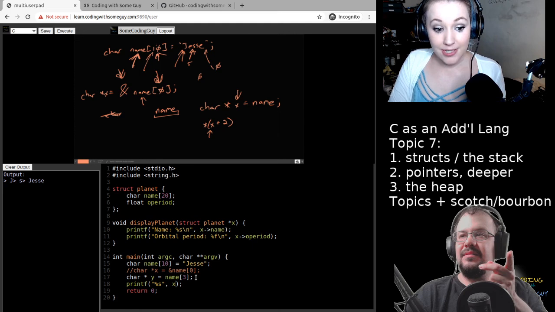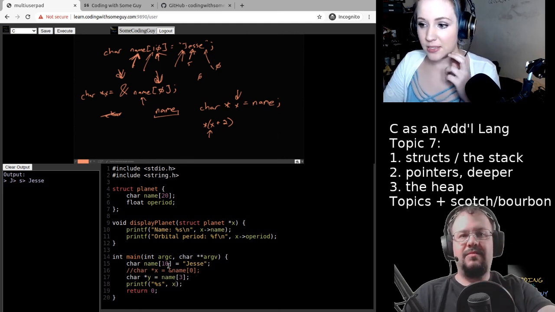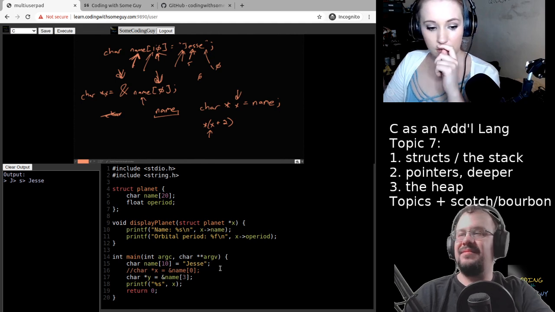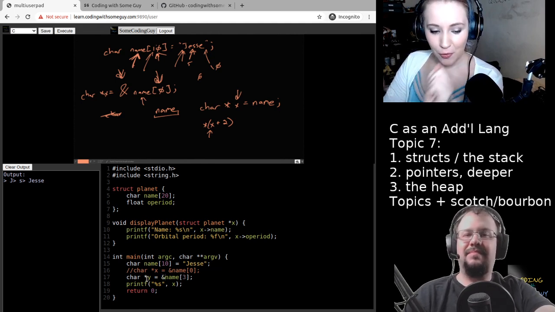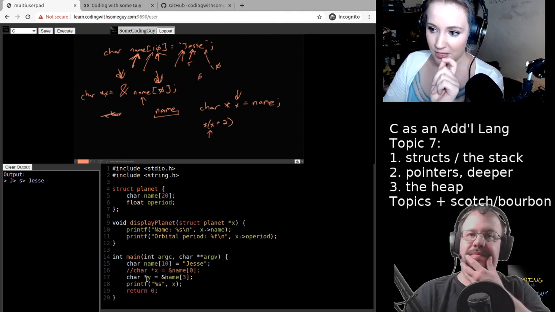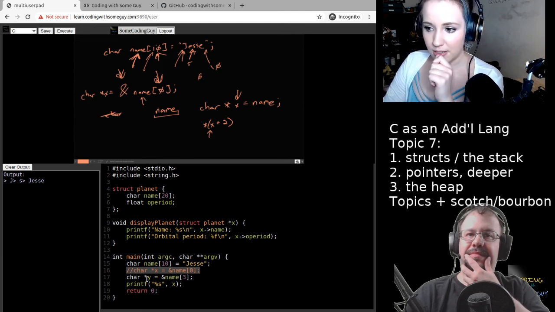Exactly. That was just my point, that if you're going to reference an explicit letter without having first written line 16, you have to use the ampersand